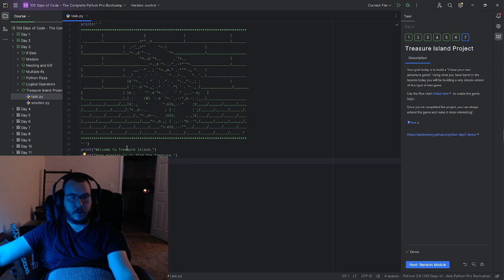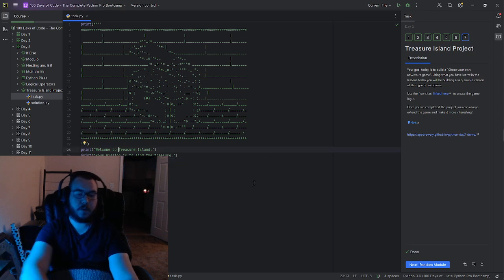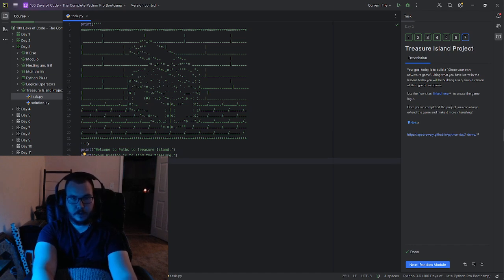Now this says welcome to Treasure Island. I don't think I want to start at Treasure Island. I think we're going to start somewhere else. The goal is to find the treasure, so we are going to find the treasure, but welcome to Paths to Treasure Island. Cool. Alright, so